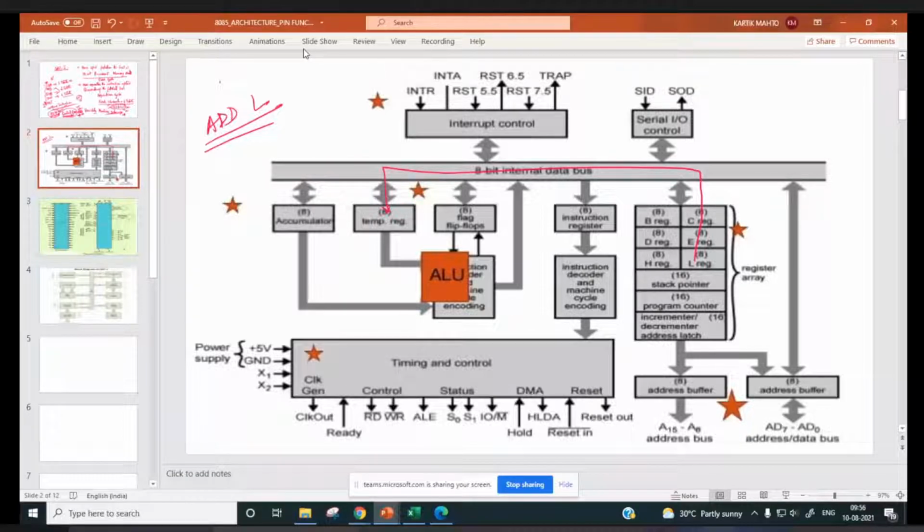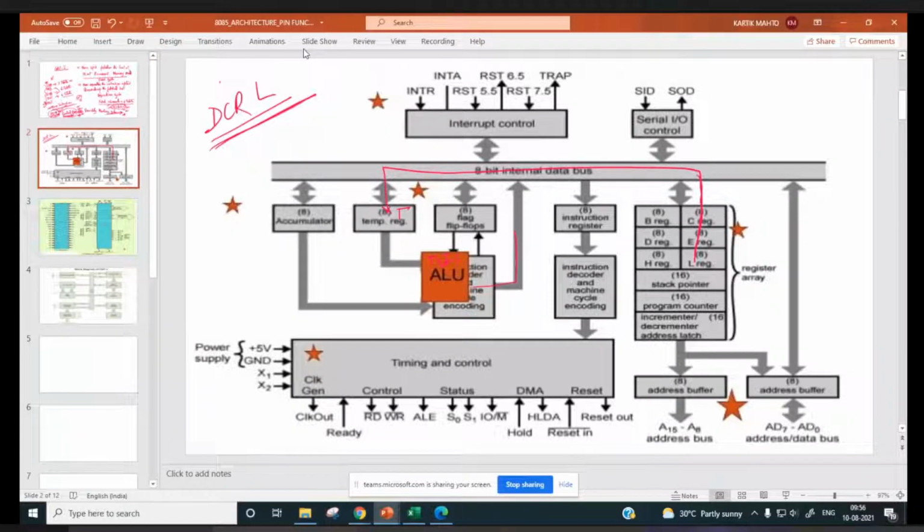Now if I do this instruction, say DCR L, this is an arithmetic instruction, it will decrement the L register. So how will it decrement? It will transfer this content to temporary, and from here it will be decremented. T will be decremented, T minus 1. Then this result will be stored back in this temporary.